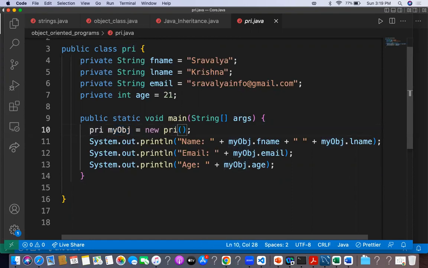With the parentheses, we are going to create an object, or the reference, for the current class. The class name is PRI. We are creating the instance or object for the current class, PRI,